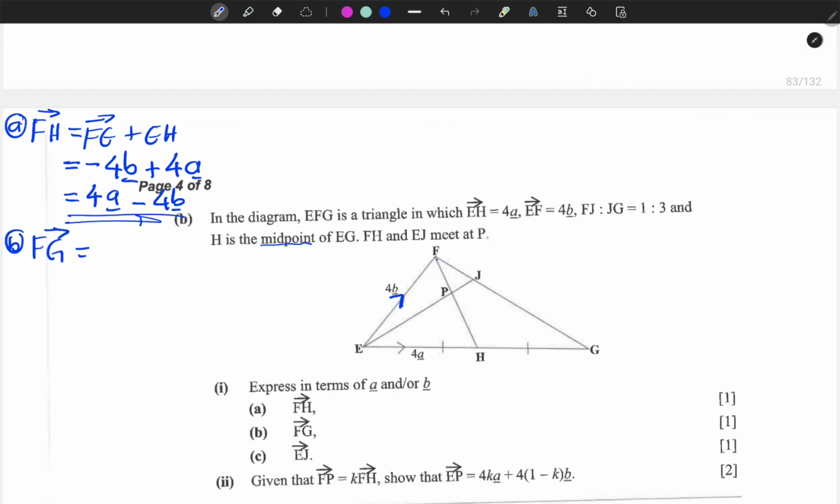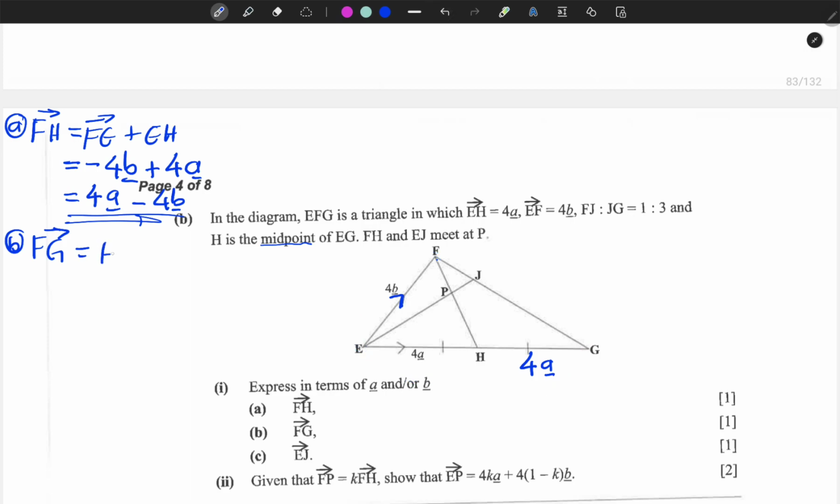So F is our initial, G is our final. Now remember, H is the midpoint of this line, so H is cutting EG into two equal parts, which simply means that if here is 4a, even here should be 4a, since the two lines are the same, so you put 4a. So to move from